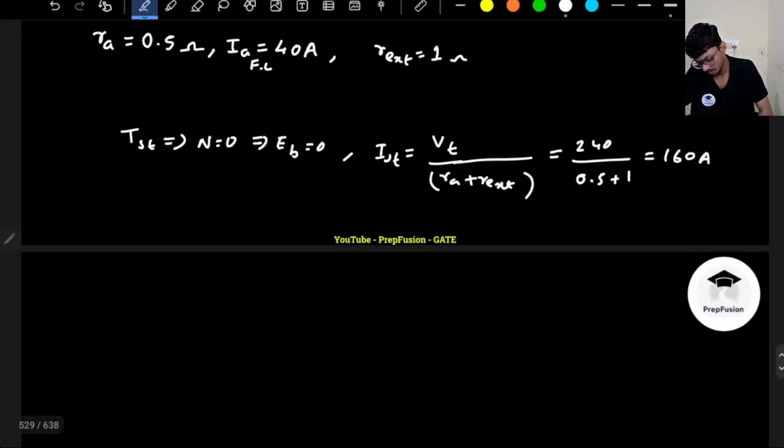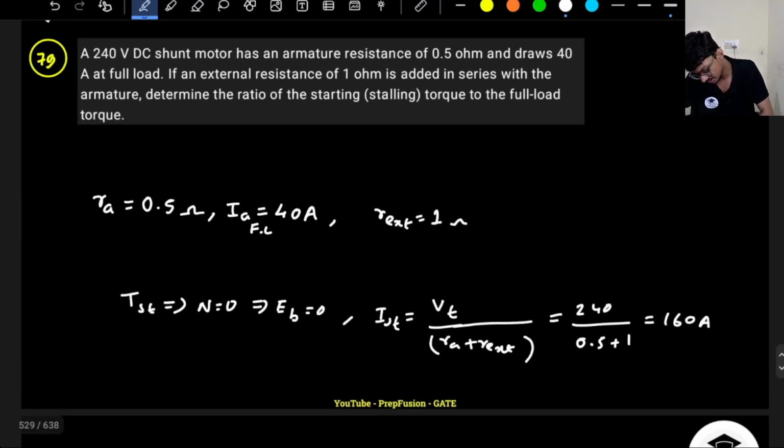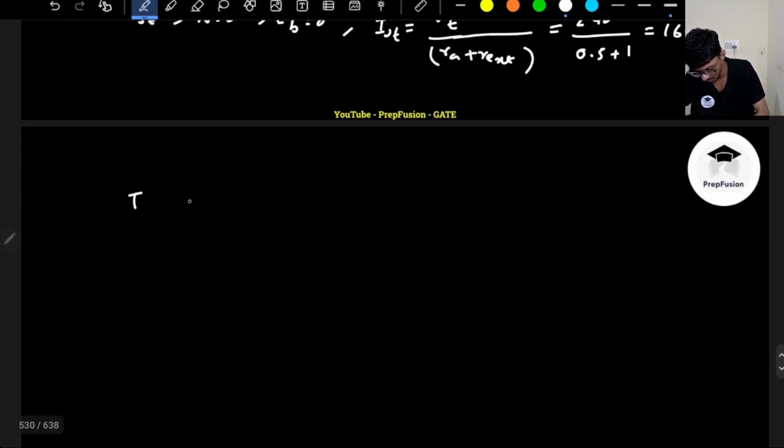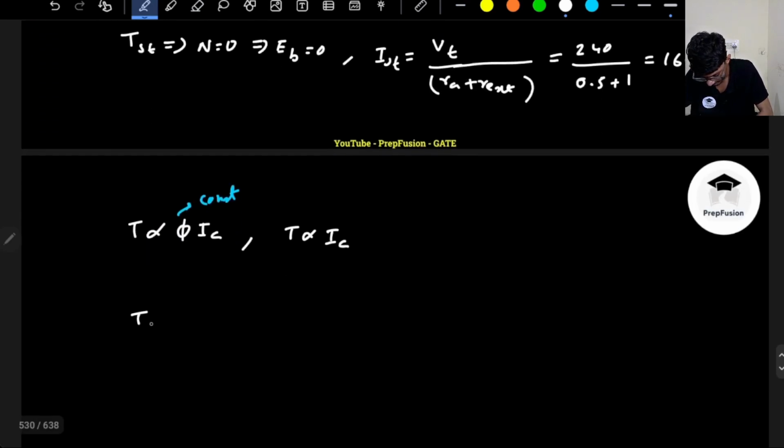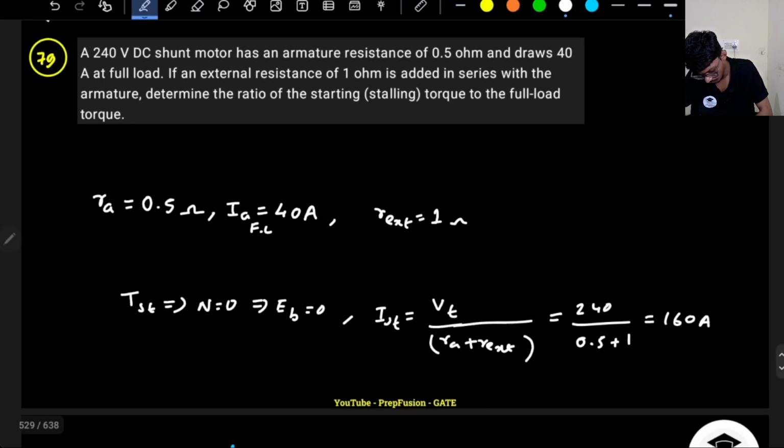Now, what are they asking? They are just asking the ratio. So how do I find it? What is torque proportional to? Same thing: torque is proportional to phi Ia. In case of shunt, phi is constant, so I can directly say that torque will be proportional to Ia. So the ratio of starting torque, also known as the stalling torque, over the full load torque